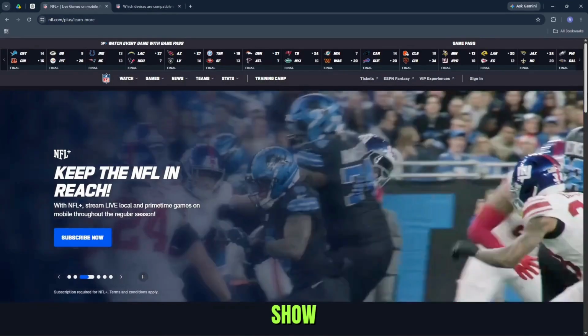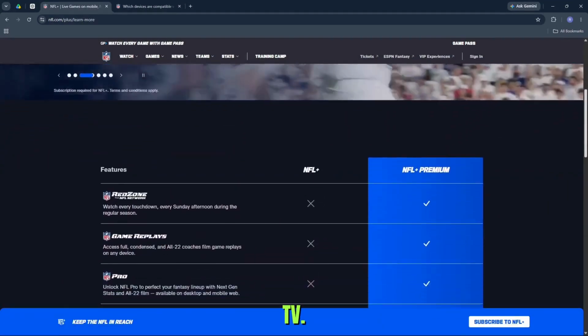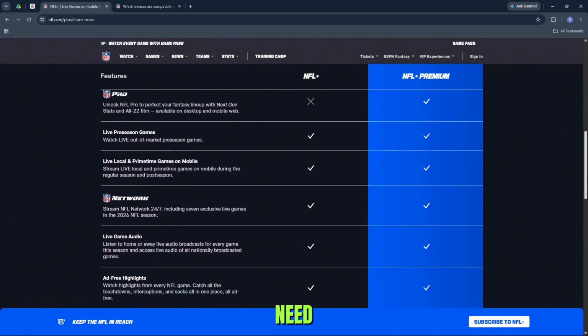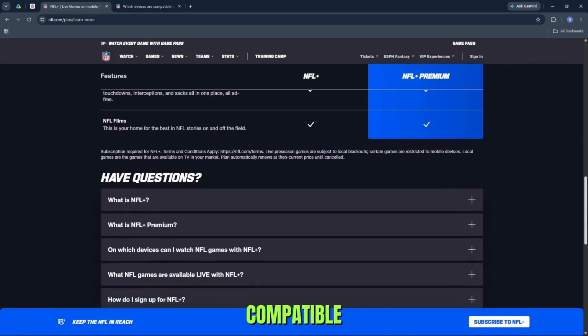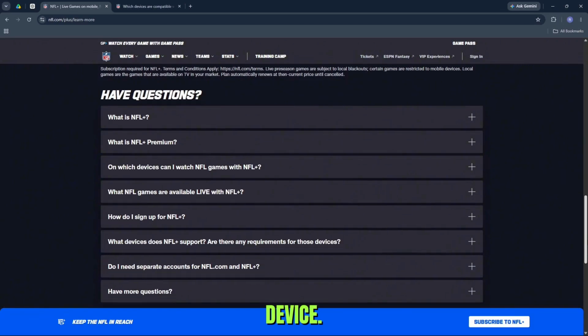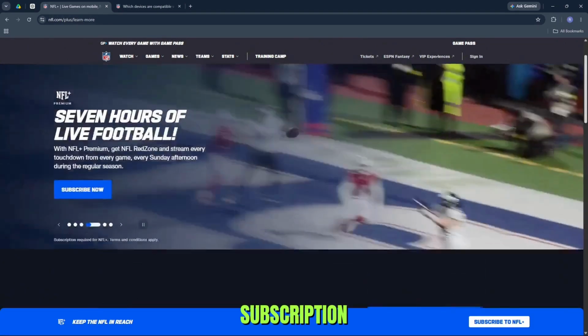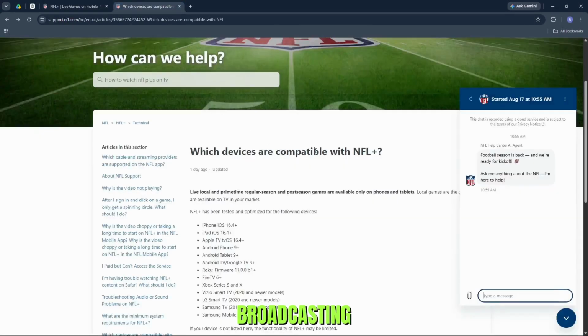In this guide, I'm going to show you guys how to watch NFL Plus on TV. Let's get started. To watch NFL Plus on your TV, you first need to download the official NFL app on a compatible smart TV or streaming device. Keep in mind that the content available on your TV depends on your NFL Plus subscription tier and the NFL's broadcasting